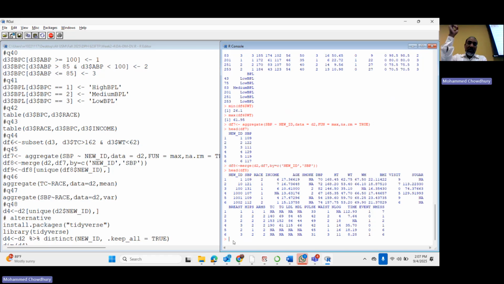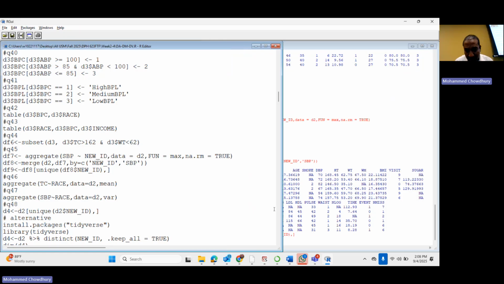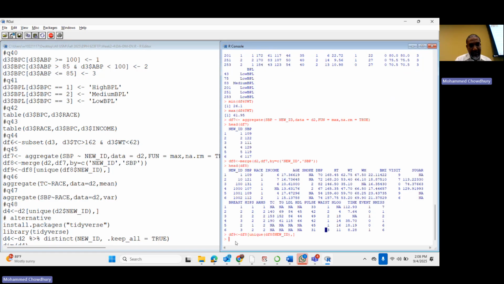So it has been done with the D2 data, not D3 data, because D3 data does not have a missing value, but D2 data has. Okay, but that is the way. And then, 45. Okay, so now for DF data, I want to select the unique. This is the unique one. There is some,